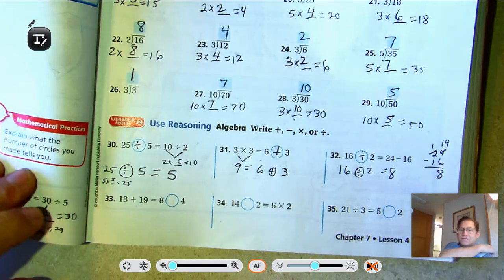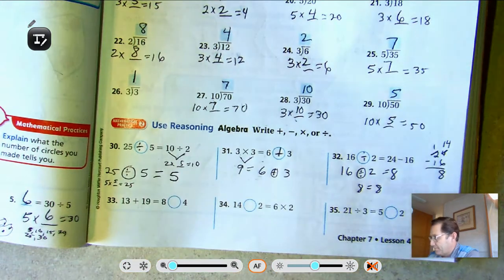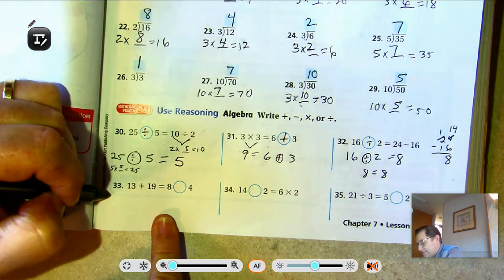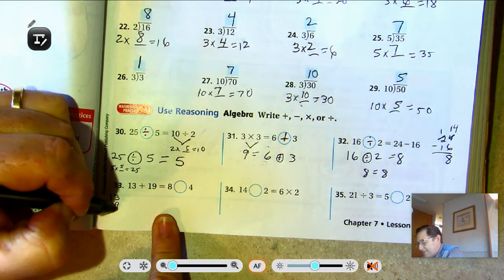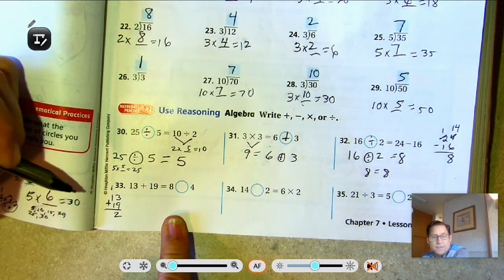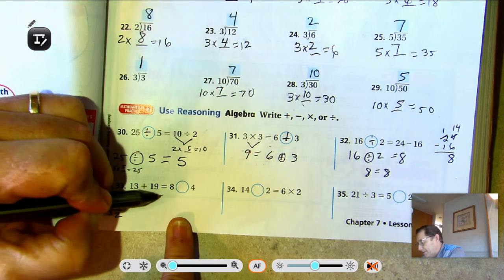Okay, 16 divided by 2 is 8. 8 equals 8. All right. And number 33, the sum of 13 and 19. 9 and 3 is 12. Regroup that as 1 ten and 2 ones. And we have 3 ones. So 32 is what